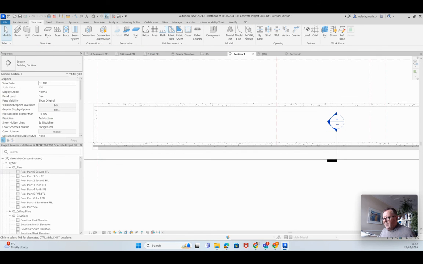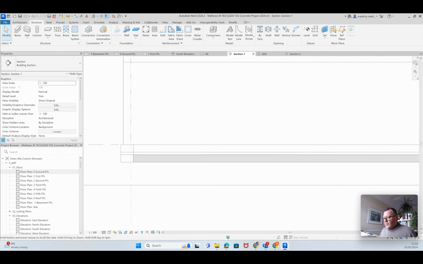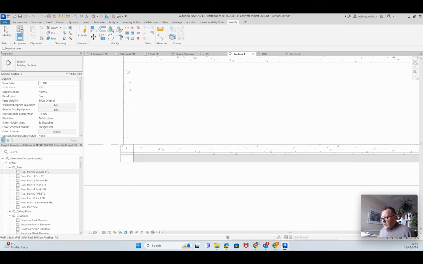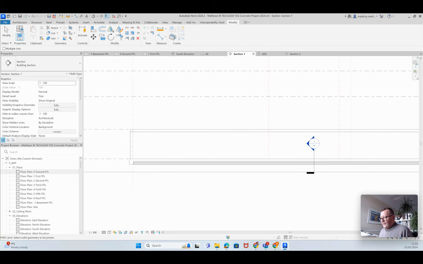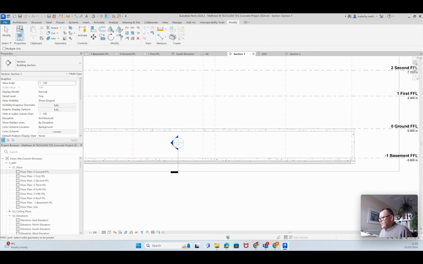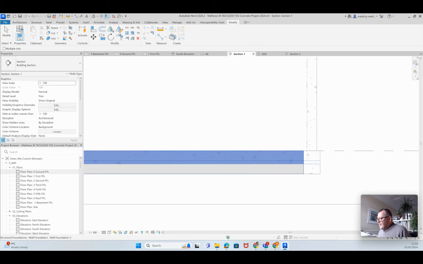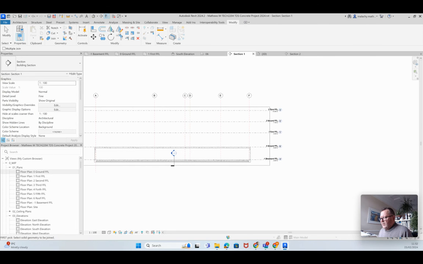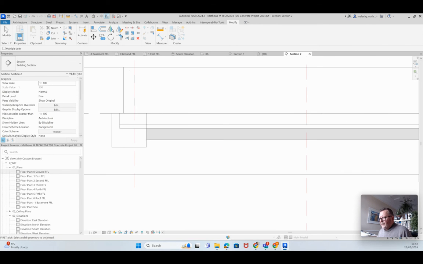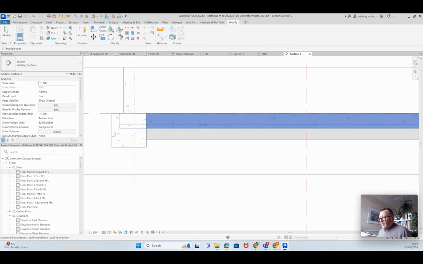Right, let's go back here now, and what we're going to do is we're going to join into modify, and we will join. So we'll join the slab to the foundation. Now, look what I'm getting. All right, that's exactly how I wanted that to be. So it's slab to foundation, and we'll go into the other section here. I got it open here. I'm going to do slab to foundation,